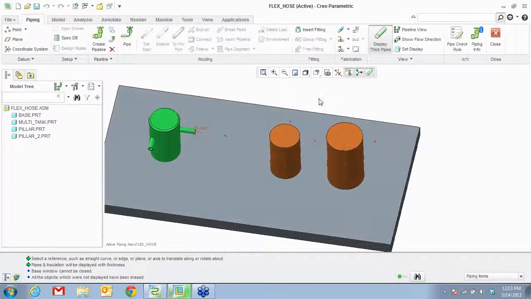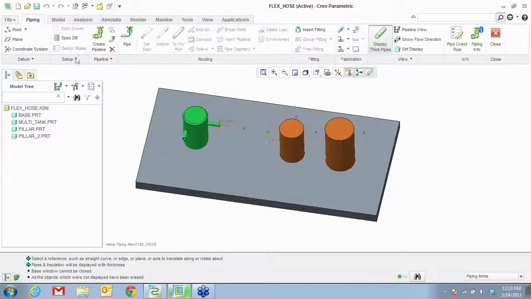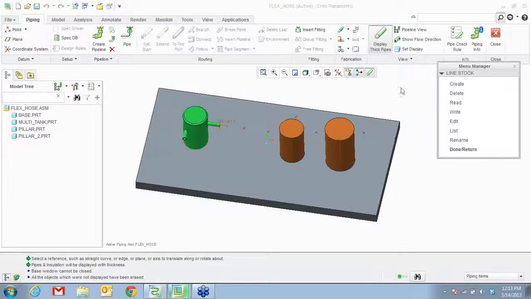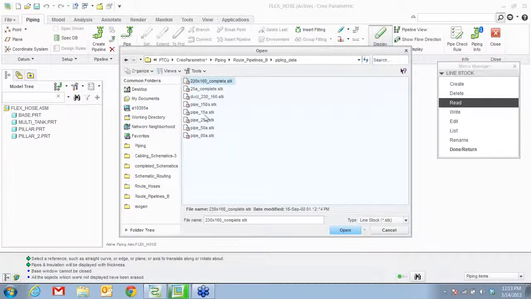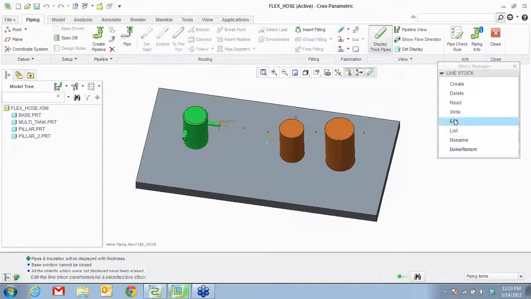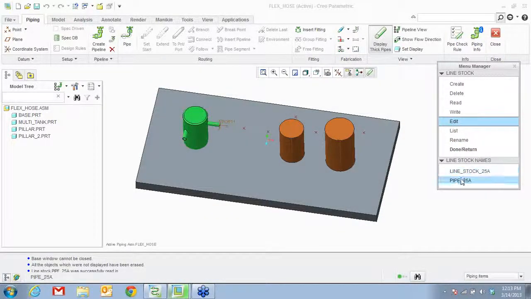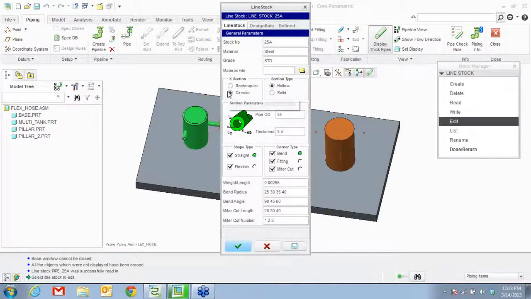Alright, so piping. First thing you want to set up is again your line stock. So you go to line stock, you're going to go ahead and read, and let's pick pipe 25A. Now you also see that your line stock is circular and it can be flexible.